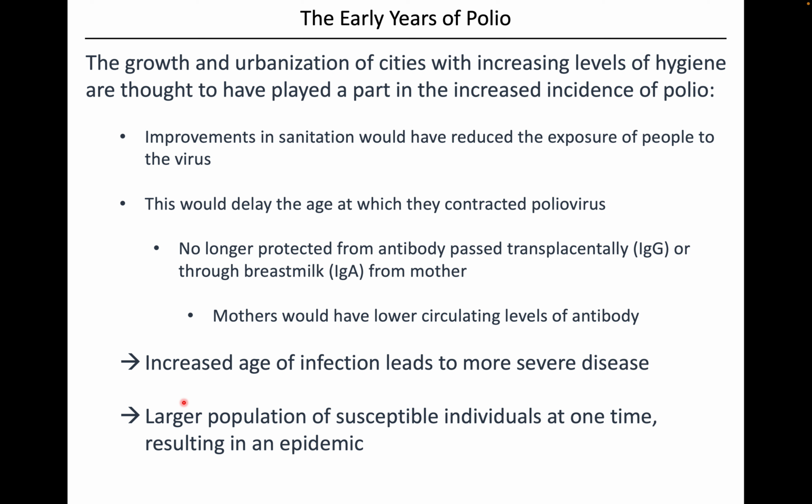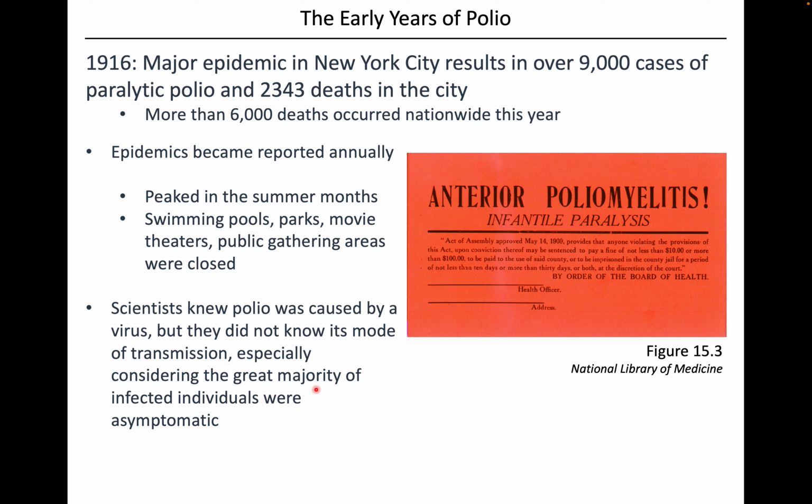So, because polio is very widespread, most infants would have been getting antibody through breast milk, but of course then when they stop breastfeeding, they're not getting that antibody anymore, and you have this gap where people are susceptible. So still marching through our timeline here, early 1900s, you have again a really big outbreak in New York City, 9,000 cases of paralytic polio, over 2,000 deaths, and this year you had over 6,000 deaths across the country. And this basically was the trend year after year, so thousands of people dying, thousands of kids being paralyzed every year. And it really did create a bit of a panic,